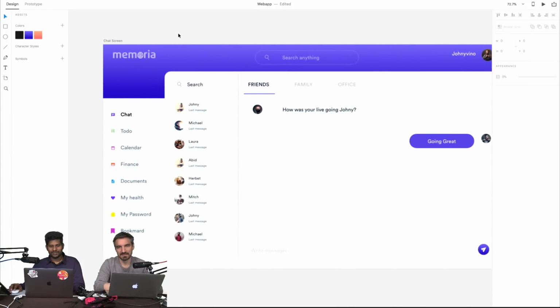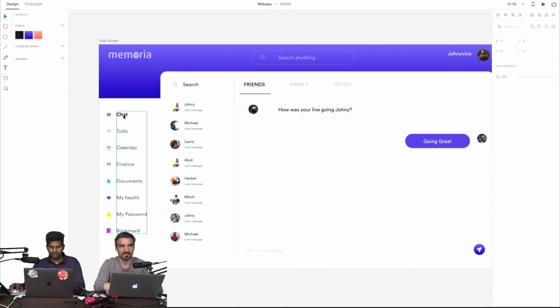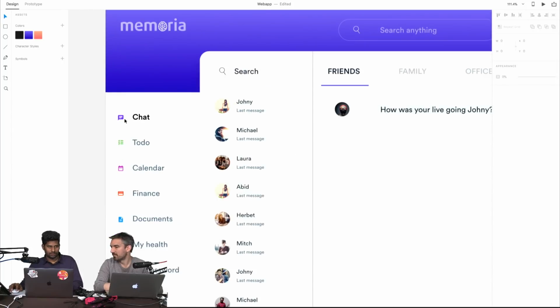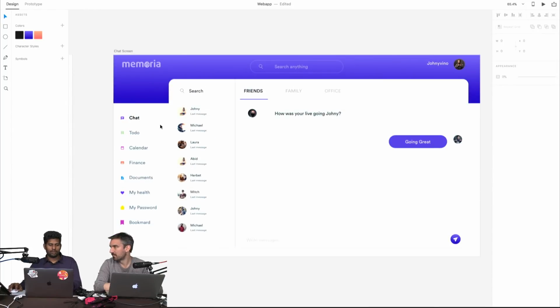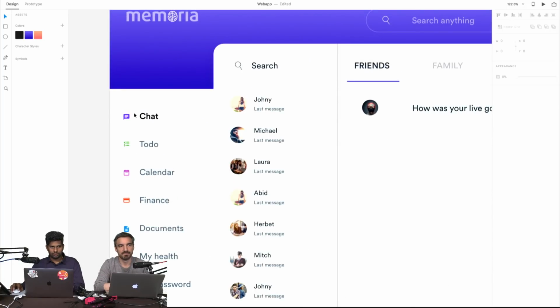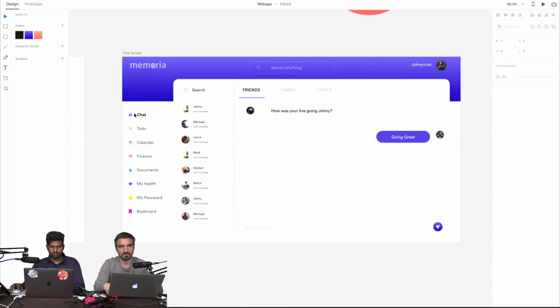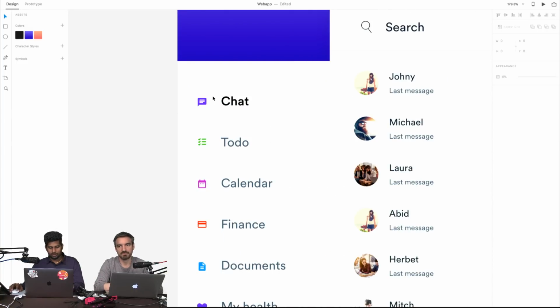Okay, we are done with the home screen. It's a chat screen, and I believe on the chat screen we can give much more emphasis. I don't feel like it shows whether it gets selected or not. Yeah, it's true. Once we do the visual look, we will know which parts we need to make sure are highlighted properly.